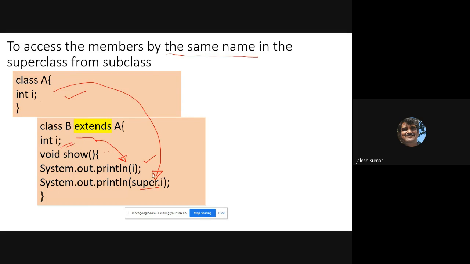See the difference. When you are invoking the method, I'll write one class C, and in that, using B's object, I'll invoke the method dot show. If I call it, the value will be displayed. If I initialize i is equal to 5, you will get 5 here. But what about super dot i? If I initialize i is equal to 7, then you will get 7 here. If members with the same name are in the base class and subclass, then how to differentiate? You mention super dot i.